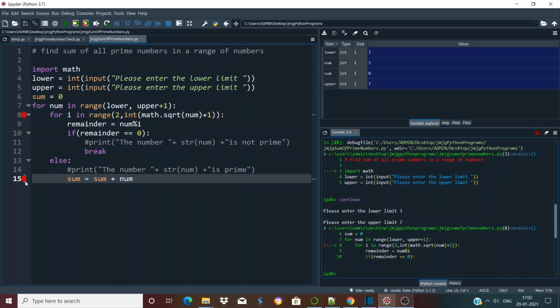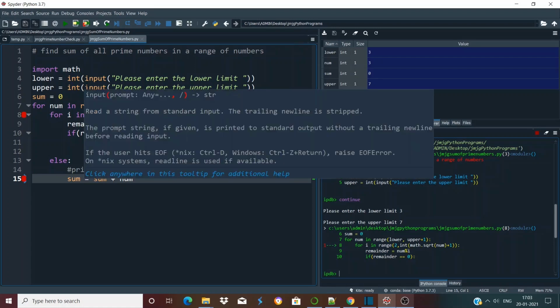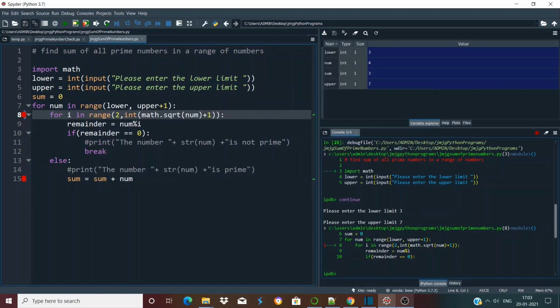When it comes here, it will add 3 with the current value of sum. So the current value of sum will now change from 0 to 3. If we again press Ctrl plus F12, you can see the debugger goes here, and now you can see the sum has changed from 0 to 3 because we have added 3 with the earlier value of 0.